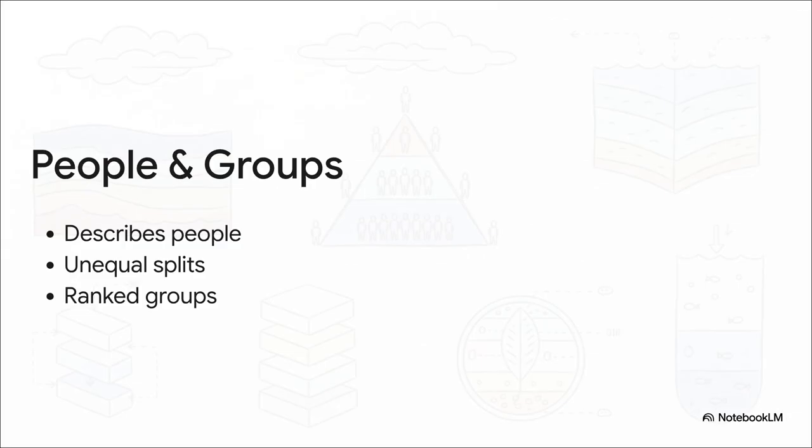So here is the absolutely crucial point. When we take this geological word and apply it to people, it behaves in a very specific way. Used to describe people or groups, the word stratify strongly and neutrally signals an unequal split. It organizes human beings into ranked groups. It completely maintains that core visual of a layer cake where one group is inherently positioned above or below another. It's a powerful, highly visual way to describe hierarchy and division without actually taking a side.